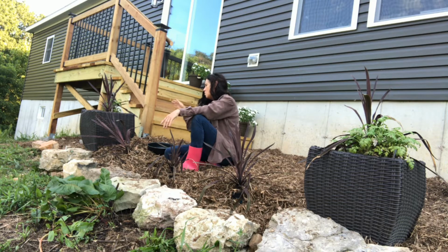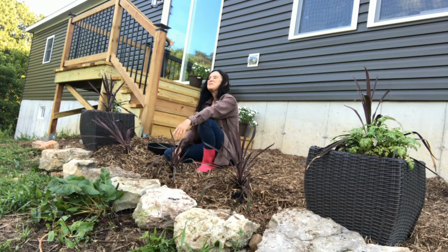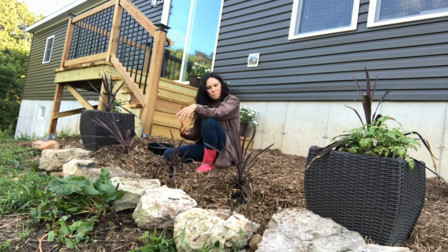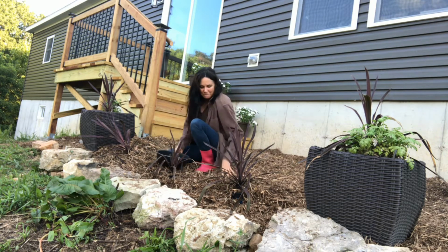So then I decided to do liquid feeding. So it decided, oh, there's some food in there. So it pulls up the whole plant and it roots around looking for the fertilizer. So I can't even do liquid fertilizer. So my flowers don't look as great as they should. But